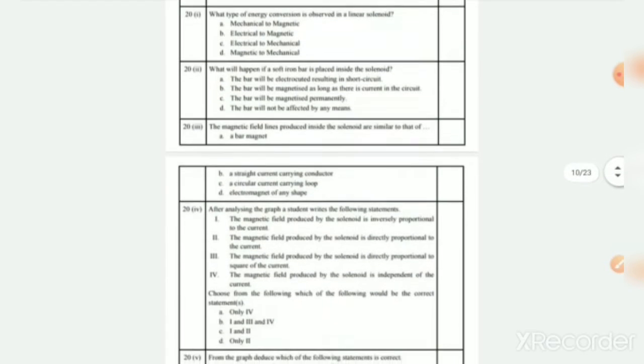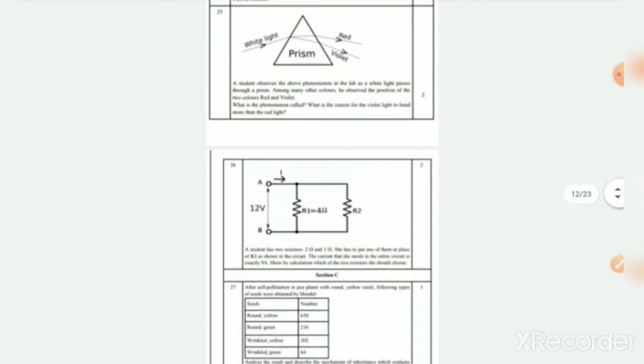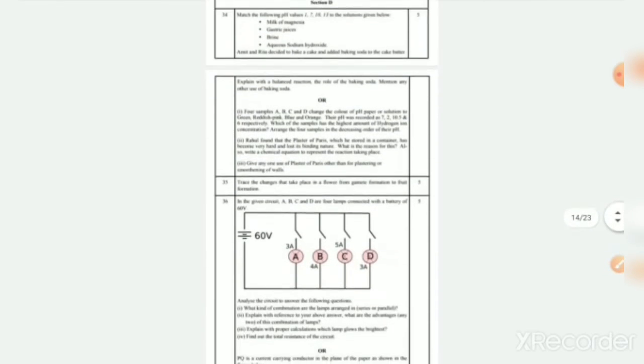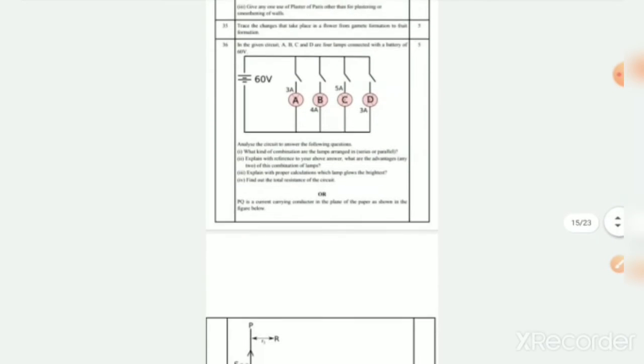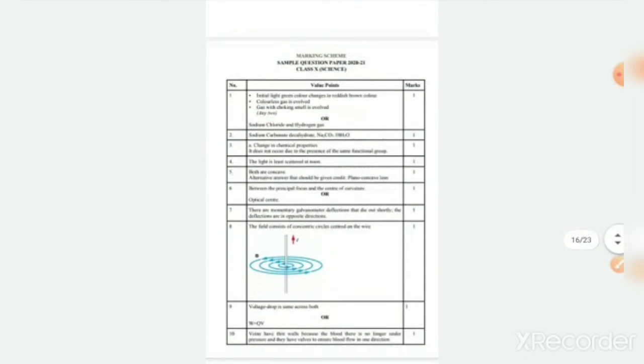after reading the whole instruction, you read the whole question paper very carefully. Then you have to start writing your paper in your notebook. And see here, some table-based questions are given, and now see this is section D. This is a physics question given here,